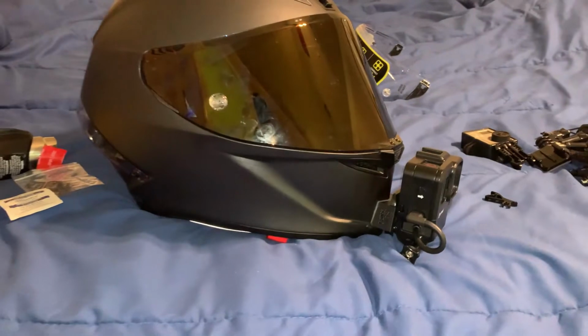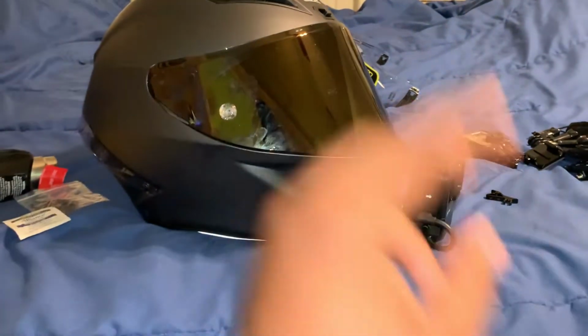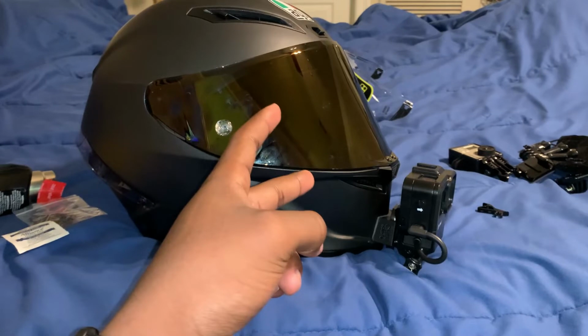I didn't even use this alcohol prep, but this is a brand new helmet, so I shouldn't have to. But you're just gonna alcohol prep right behind the chin mount, and then put the chin mount on. But other than that,